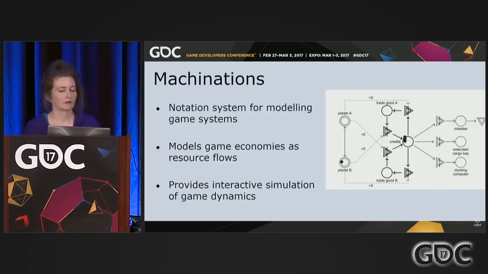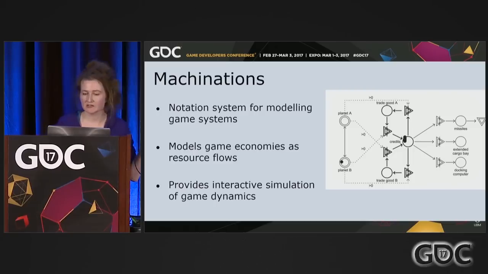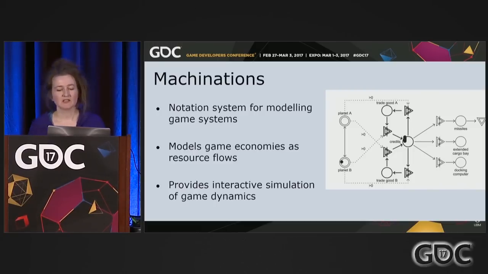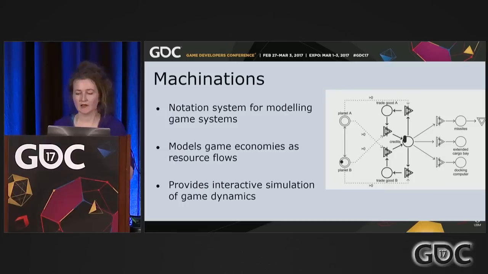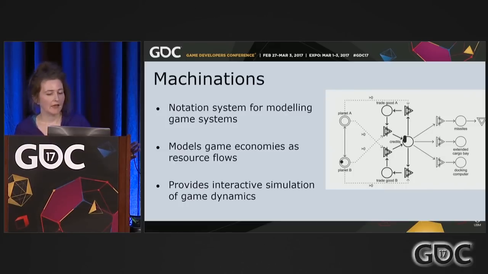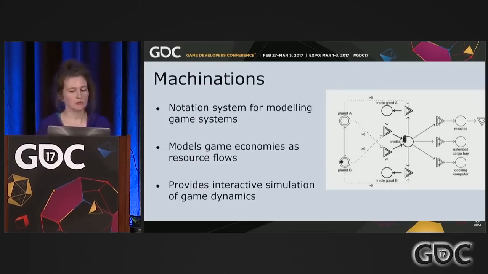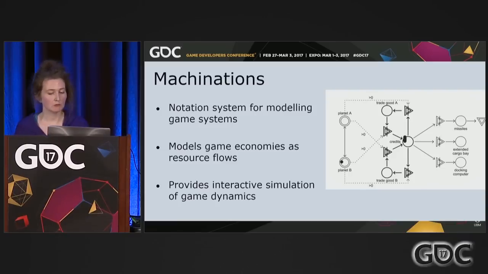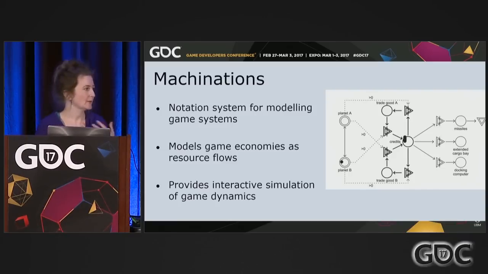For example, at its core, Machinations is, as you can see, a notation system. It takes some notation ideas from designers like Marc LeBlanc, Rafe Costa, Stefan Bura, and some other people. And it combines this with Petri nets, which is a mathematical modeling language. So in Machinations, you use the concept of resource flows to help you visualize your game economy. Resources could be skill levels, hit points, money, types of consumables, or basically anything that you can abstract out and